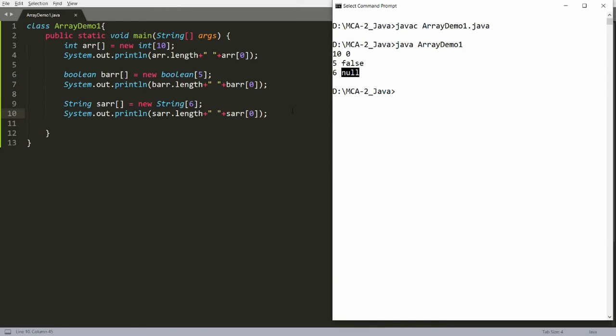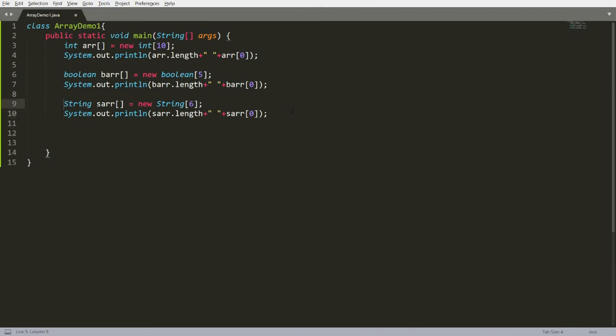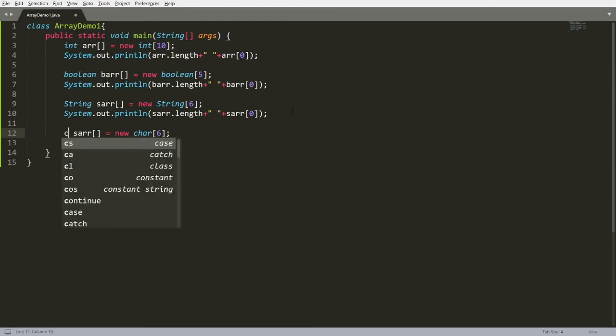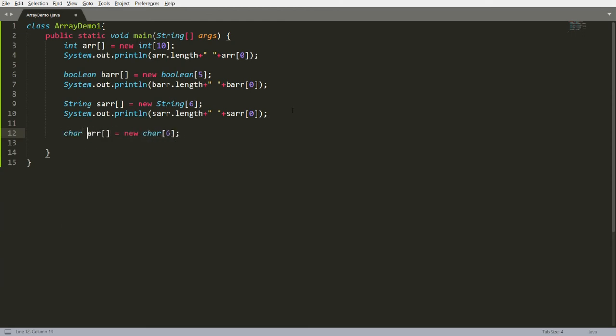But what if it is a character? For example, let me write here an array of characters. So I'm writing char. This is the primitive data type character. carr is equal to new char. Now I want to print the content, and that is the length of carr.